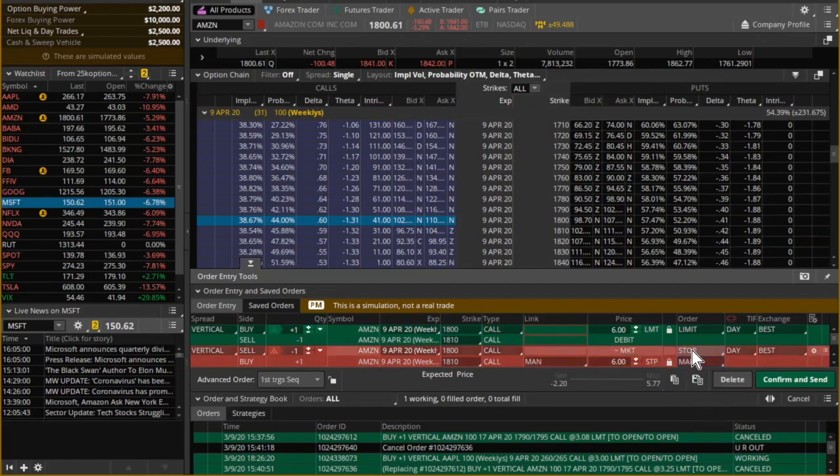So now what I'm saying is, I bought the spread for $6. So if the spread goes my way, its value will keep increasing. So maybe 1 week later it becomes $7, 2 weeks later it becomes $8. So it will keep increasing. But if it starts going against me, the spread will start losing its value. So now what I want to do is say, if the spread loses its value and goes down to 3, which is half of what I put up,